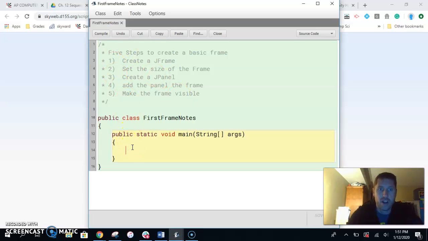So the first step, here we go. We're going to create a JFrame. We all know to create an object of a class, we start with the name of the class. So JFrame, we give it any name we want. I don't know, myFrame sounds good, equals new JFrame. Oh, I don't know what the constructors look like in the JFrame class, so I need the